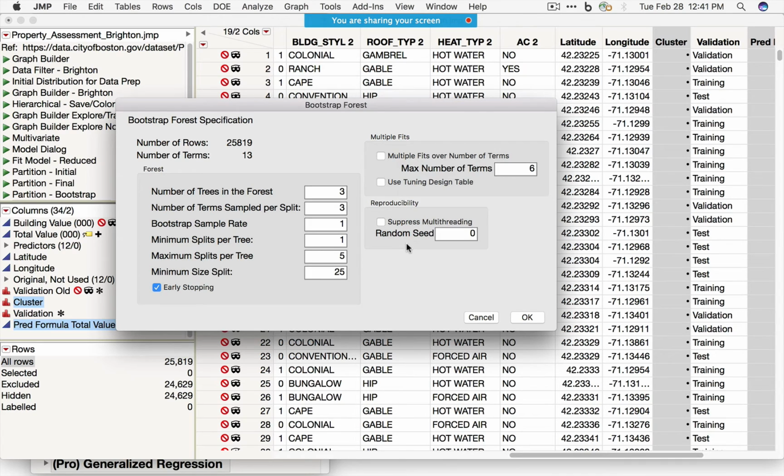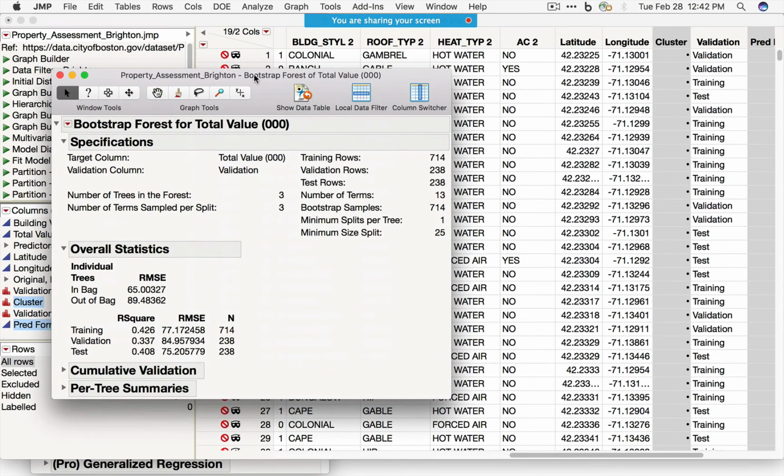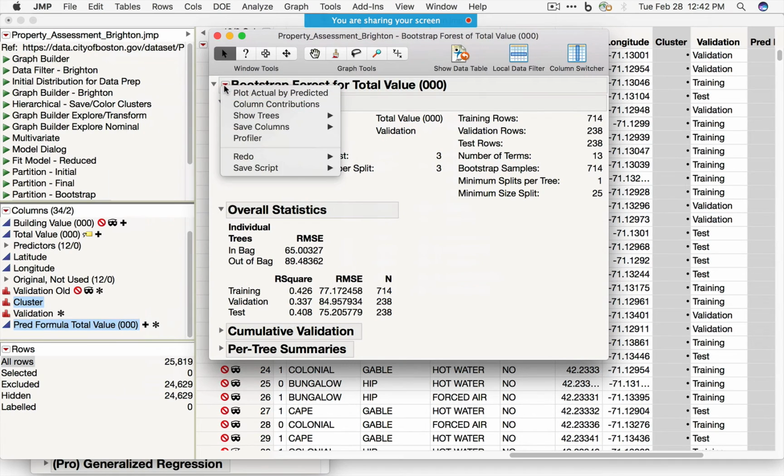And in a teaching situation, you may want your students to get the same thing you do, but the bootstrapping and the random sampling of the terms will produce different results. To make sure you get the same results in JMP 13, set a random seed and make sure you turn on suppress multithreading. Okay. So if I click OK here,